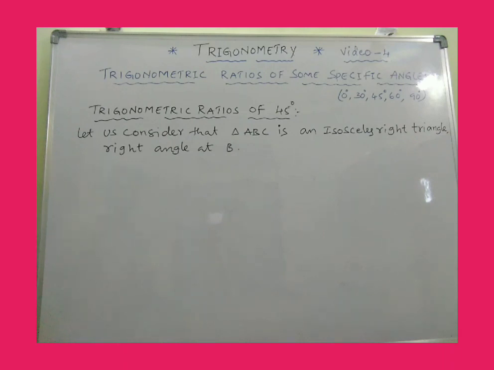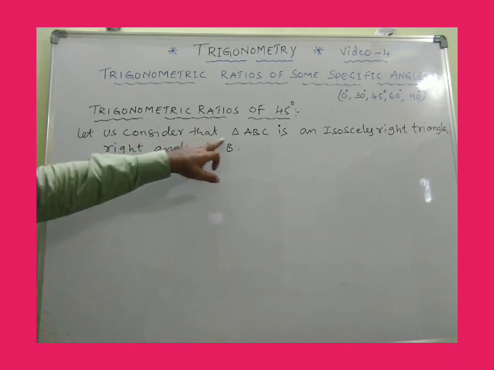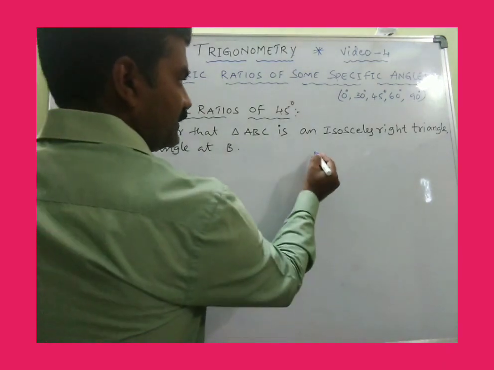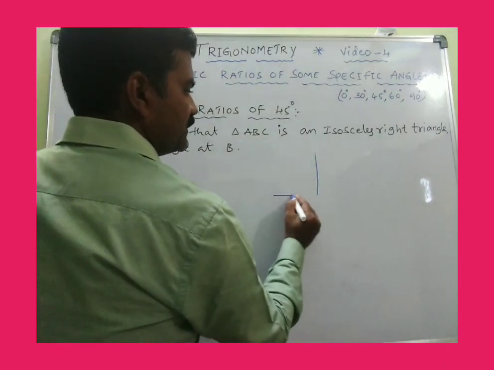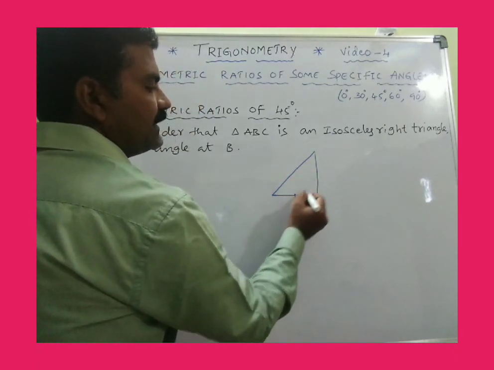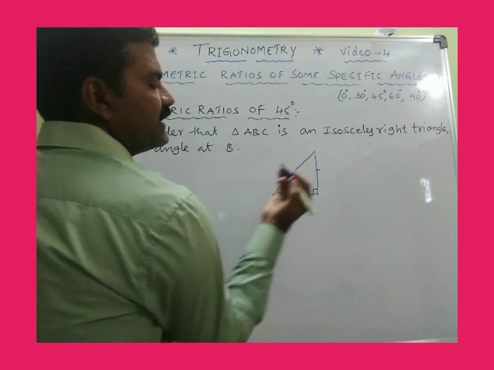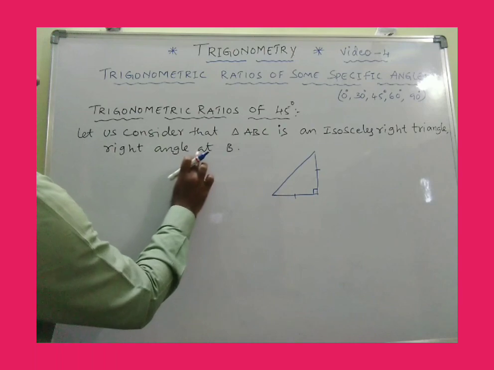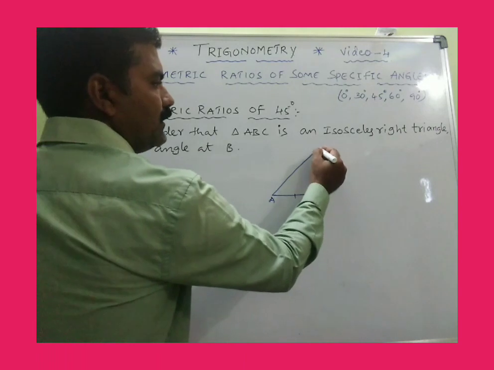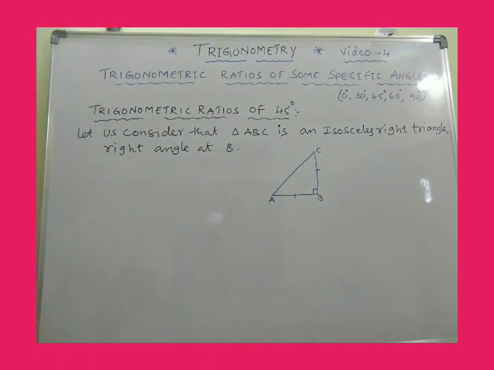45 degrees first of all. So for that, let us consider an isosceles right angled triangle. Assume that this is an isosceles right angle triangle. These two sides are equal and this is the right angle. And also mention that the right angle is at B. So suppose this is B, say A and say C. So triangle ABC is clearly a right angled isosceles triangle, isn't it?